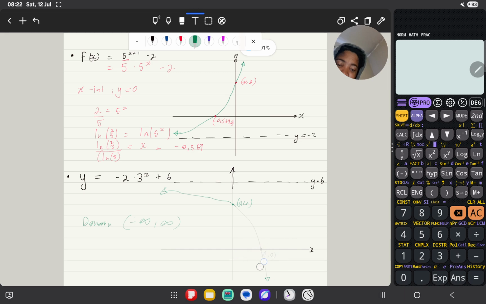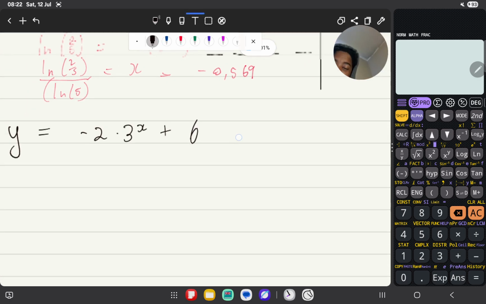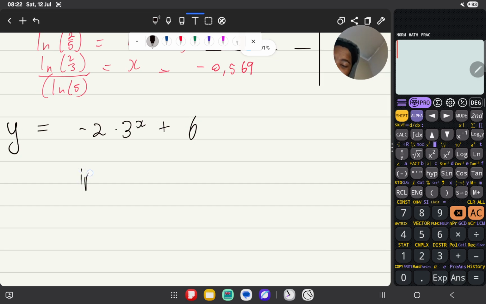So how do you determine your range? a tells you, and q, right? a and q, we have plus 6 here. So a and q, right? If a is smaller than 0, your range is going to be, of course, y